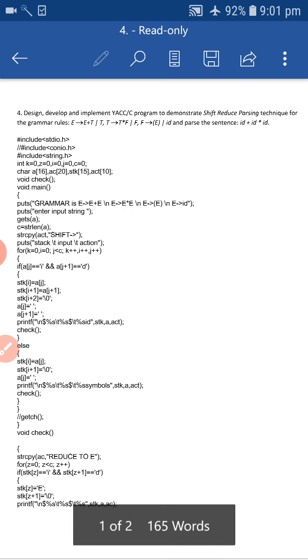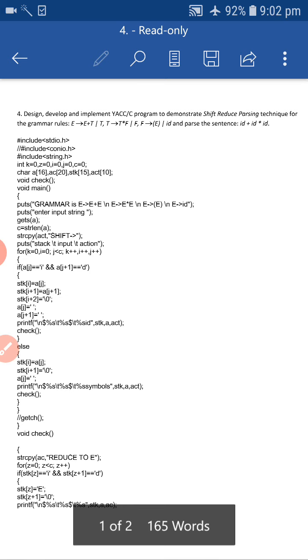Next I am using a character array a, then ACT meaning action, and STK meaning stack. You can modify the array size to increase the length of the string to parse. You can take any array size there.